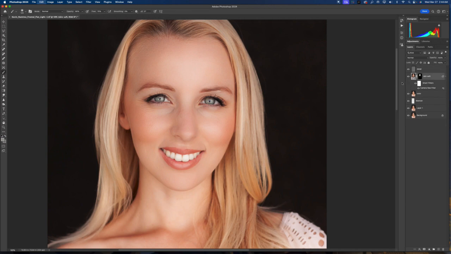I'm going to Control Z. I accidentally clicked to add a new layer, but I want to make sure I'm on the mask layer. And now I'm going to continue painting on the mask layer, so that way that softening will appear